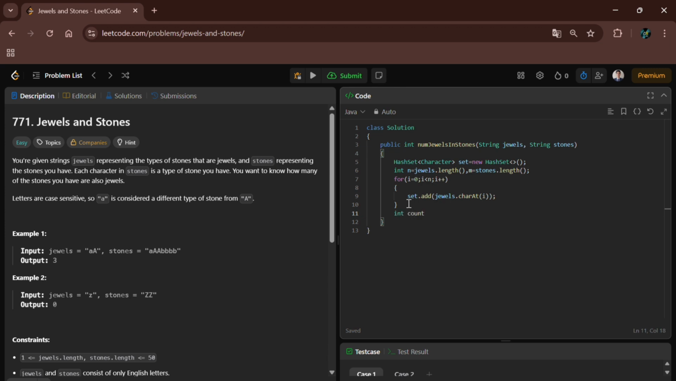Int count equal to 0 at starting. Again a for loop, int j equal to 0, j should be less than m. Now we will traverse through the stones, j should be incremented. Now if set dot contains